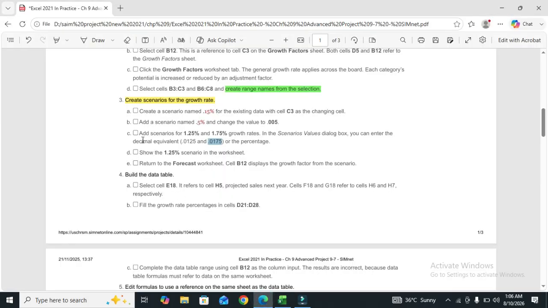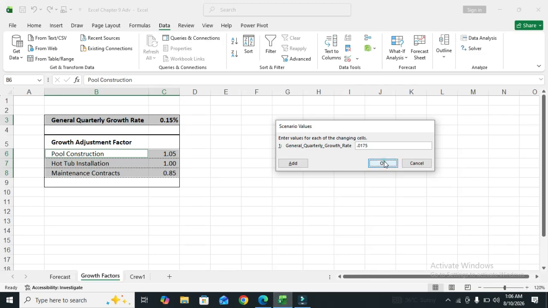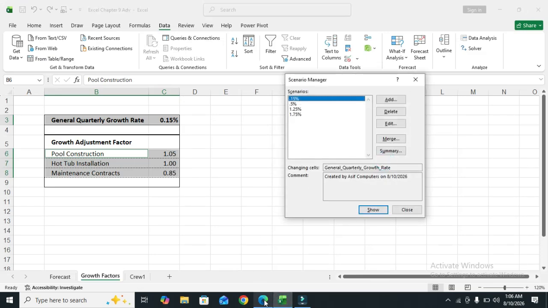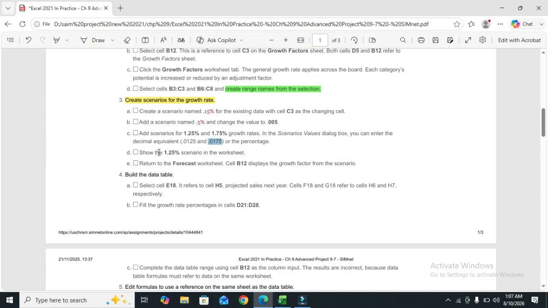So part C has also been done, so click on OK. Move to the file, and part D of this step is to show the 1.25 scenario in the worksheet.